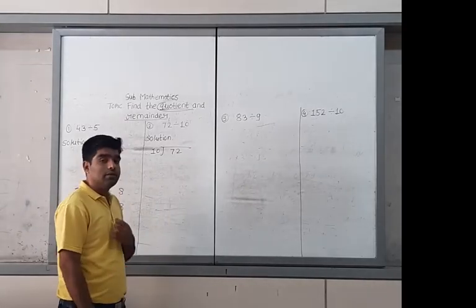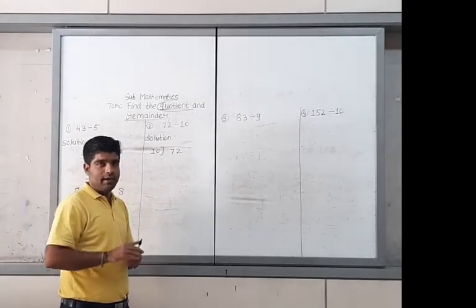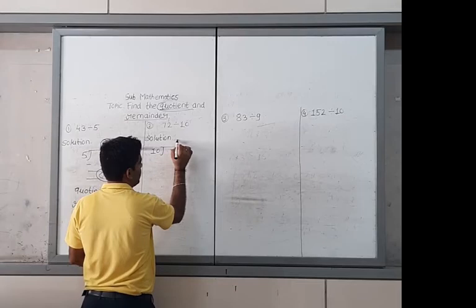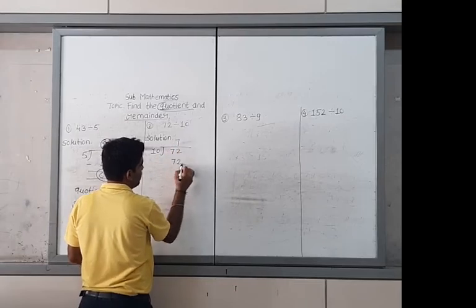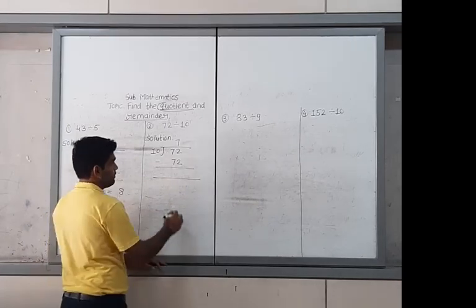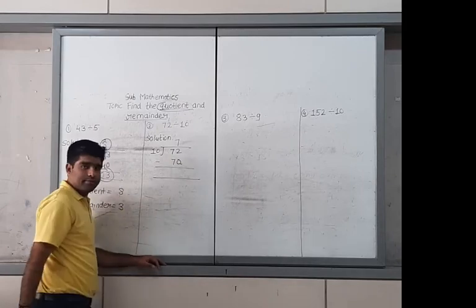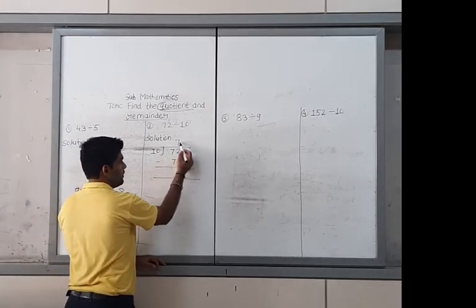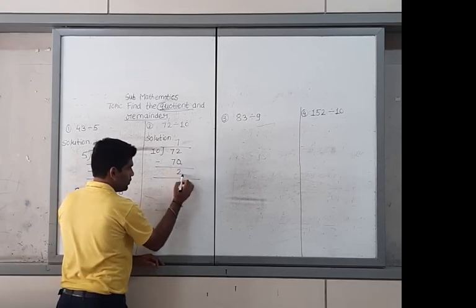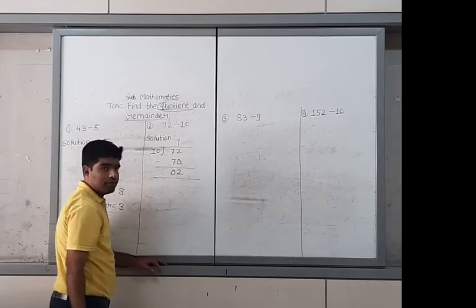But what about 80? It is greater than 72. It means we have to use a smaller number. This is our 10 7s are 70. We have to use subtraction. Okay. Listen here. 10 7s are 70. This is our 2 minus 0, which is what? 2. This is our 7 minus 7, which is 0.